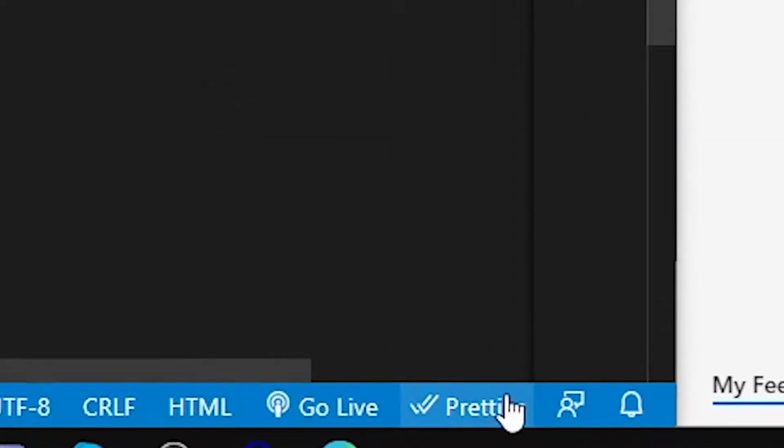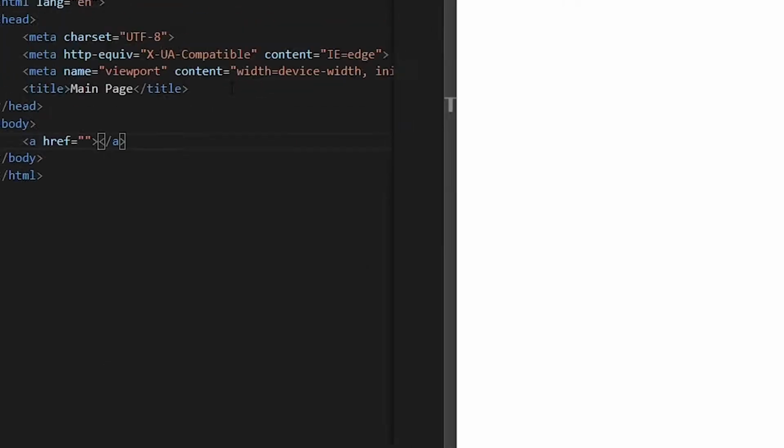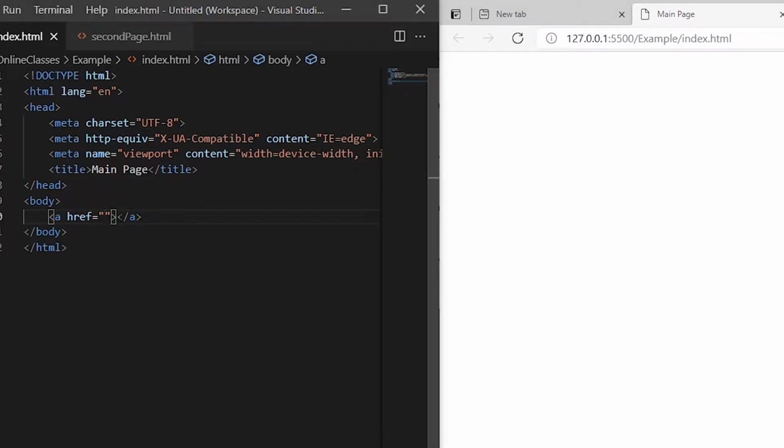Now we are going to the live server and we are going to check it in real life. So we will put a text saying click here. Now we are going to go to the second page, so we want to put second page.html, so we need to put the name and the document type. Now that we saved it, the live server will reload it, then we click and we are in the second page.